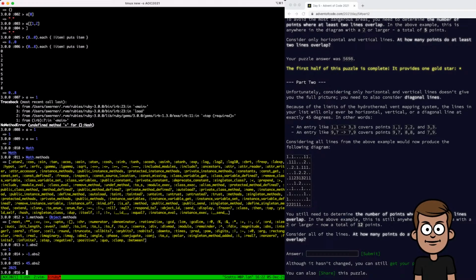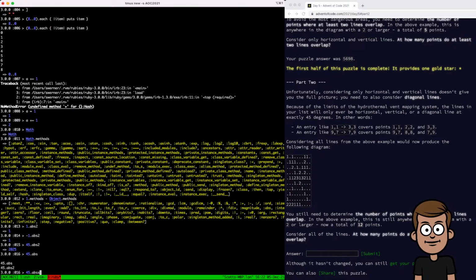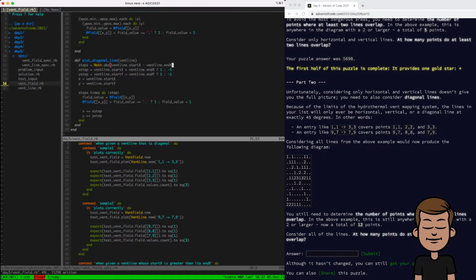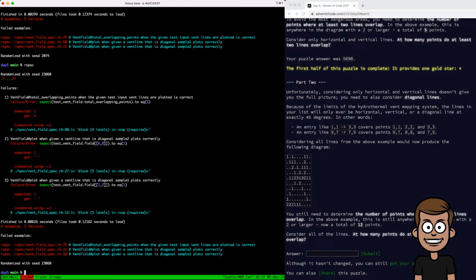No. Negative 45.abs. That's what it is. Okay, so it's not math.abs, it's just .abs. Cool. Still got dots. That's weird, but